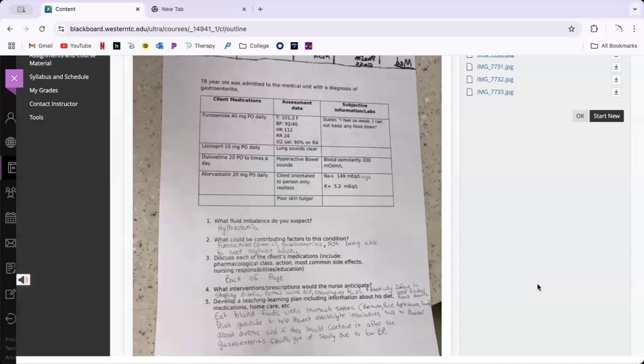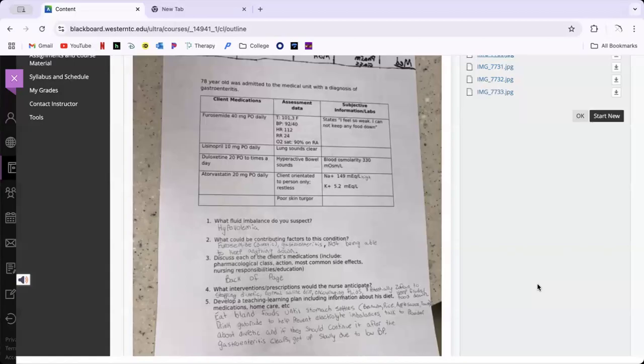Kayla, what stuck out to you for vital signs that you thought were important? Respirations are increased. Heart rate's also increased. Blood pressure is low. And temperature, nothing's really abnormal there. So right away, what are you thinking?